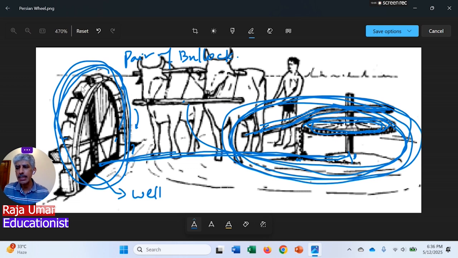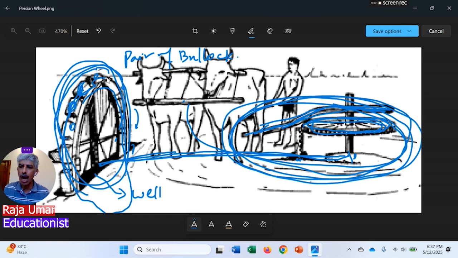And all these are the buckets attached with this vertical wheel. When this vertical wheel goes into the well, it brings the filled bucket out,